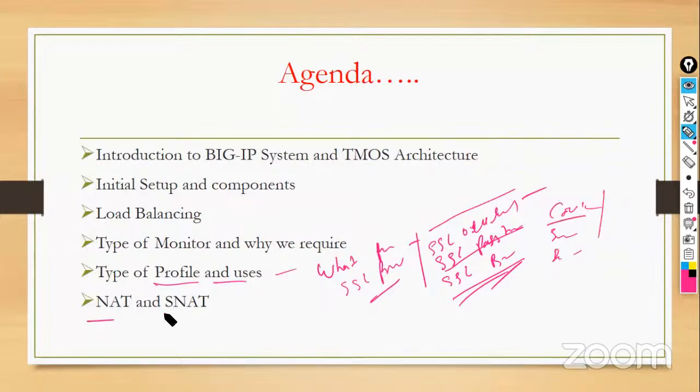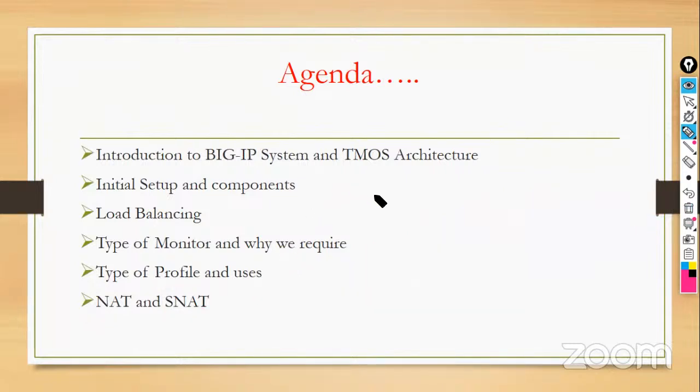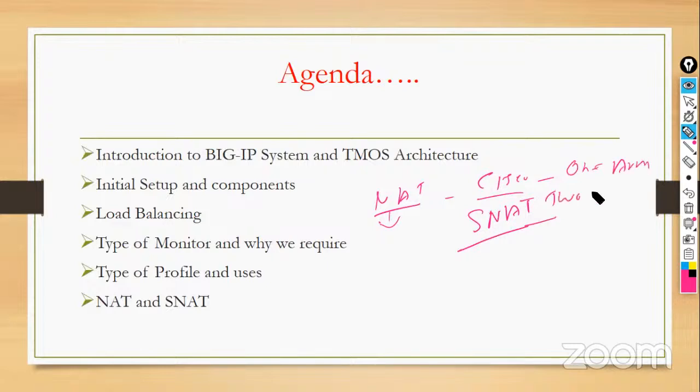Also we will cover NAT and SNAT, right? So NAT, network address translation, we are using in the Cisco devices, right, or any other devices. So we have NAT, but also we have SNAT in the F5, right? So in SNAT, basically once we configure the topology, maybe one-arm mode, okay, two-arm mode, then we will see where we need to use the SNAT, right? In SNAT, we have the features